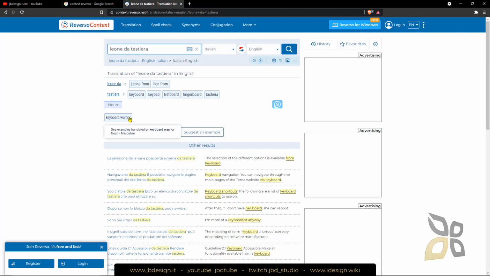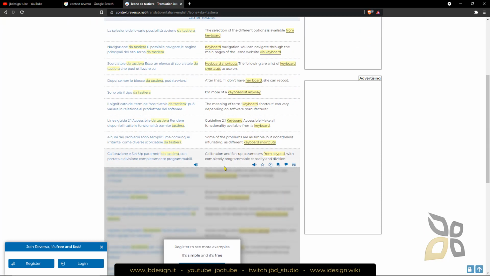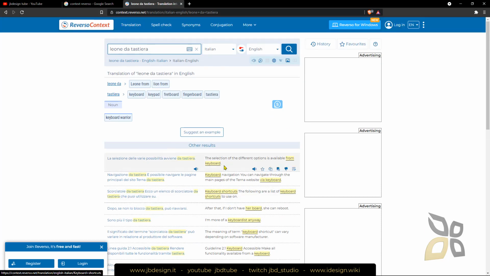Sometimes you have not the automatic translation, but particular ways that in some countries they express something, and sometimes you will find these suggestions here in Reverso Context thanks to the people who contribute. So if you want to contribute, you can register and use it not just as a translator but also as a supporter, let's say.